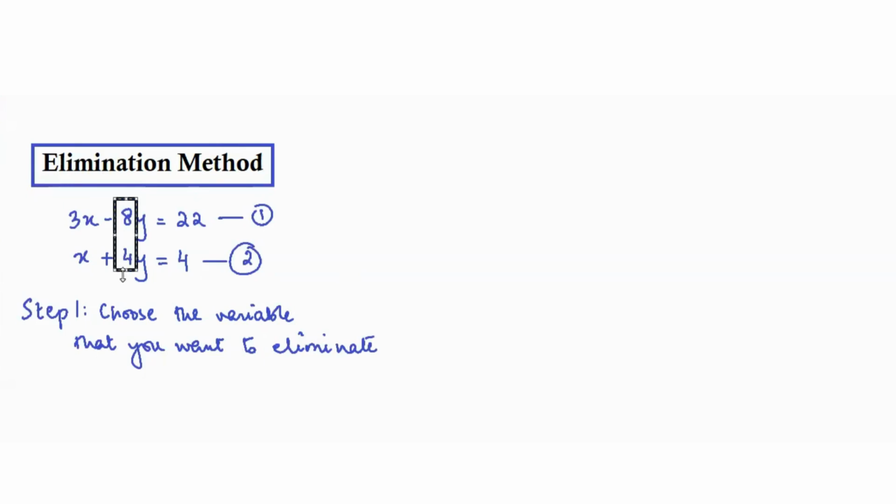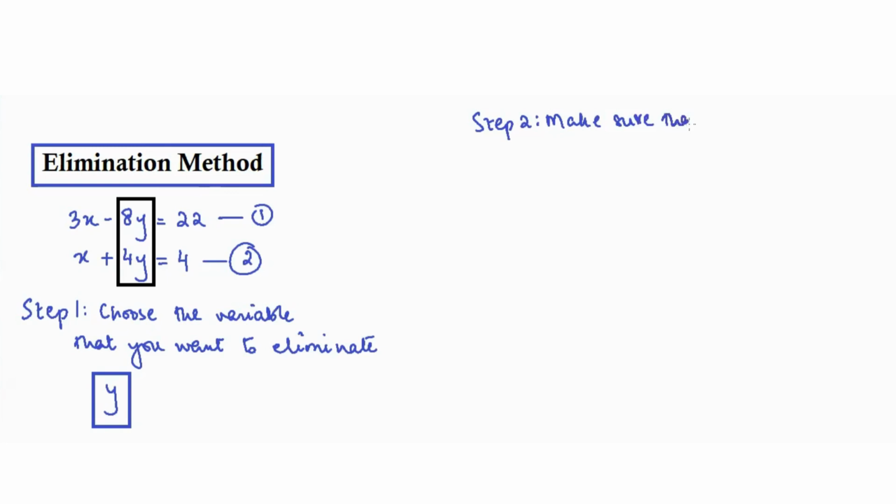So we highlight the y variable. Y is the variable that we choose. Next step is to make sure that the coefficients of the chosen variable